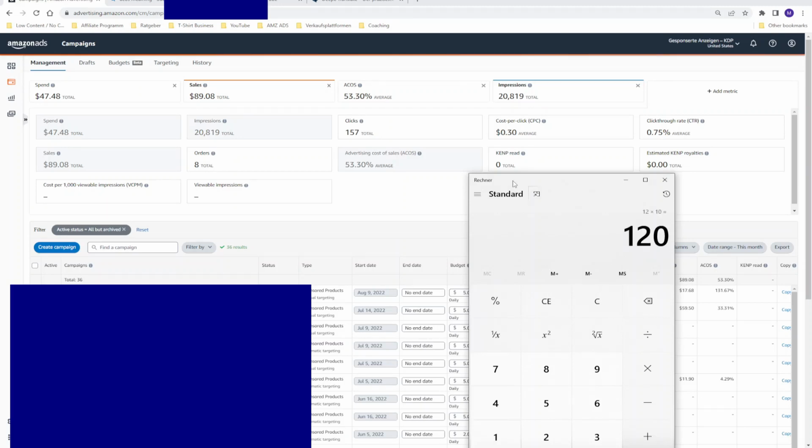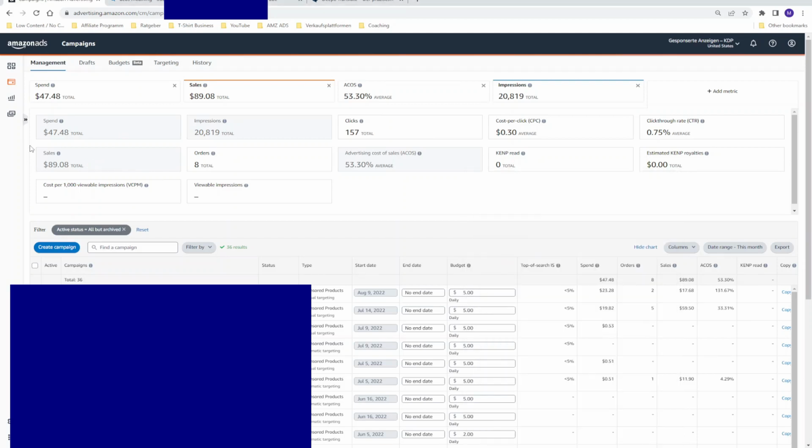So the amount of sales is $120, but the amount of royalties, for example, you have $3 royalties, is only $30. Okay, so this metric sales means the whole amount of sales that Amazon made with your book. It's not the royalties that you made over the month.